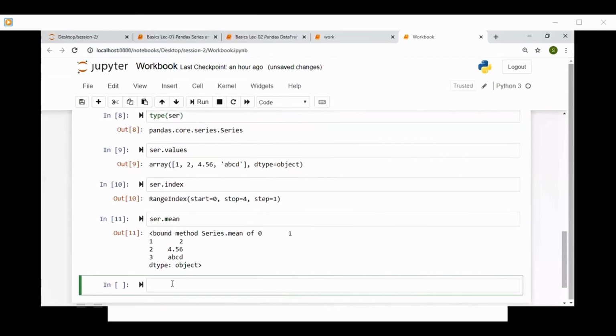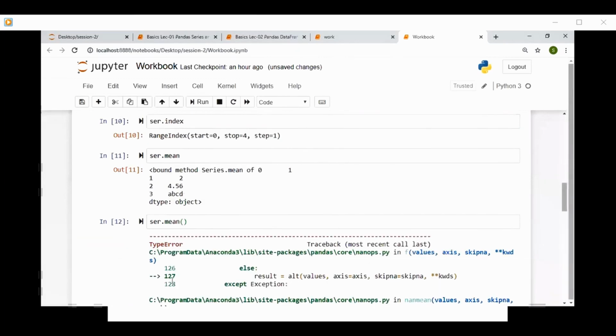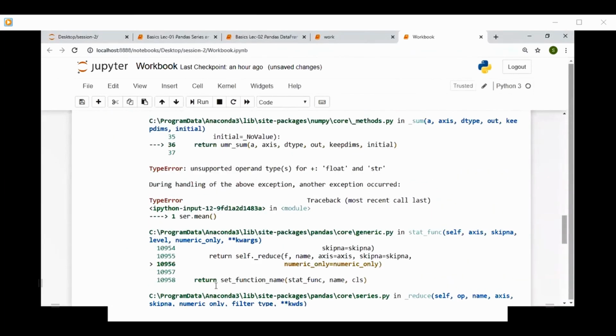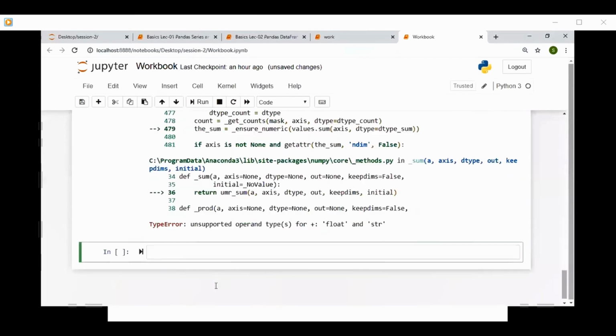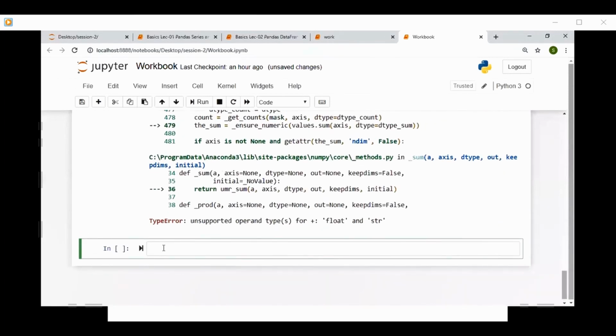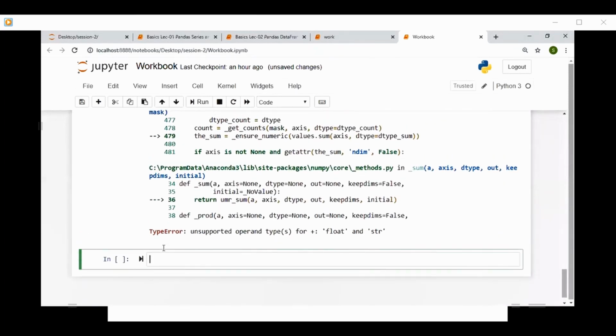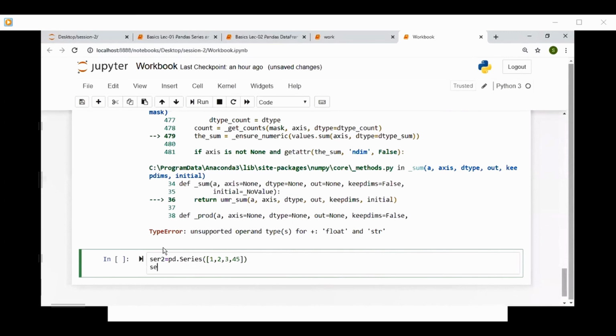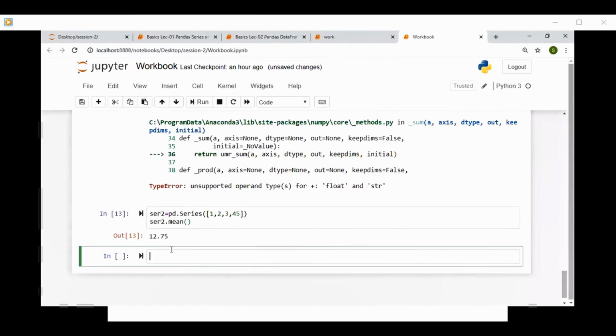Wait a minute. Sorry, mean is a function. Yeah.